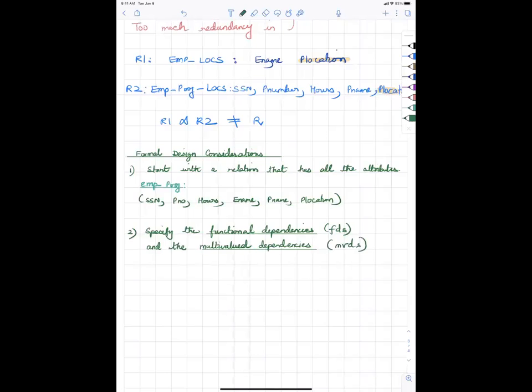So when you're doing system design and you talk to a client, you find all the attributes, but you also have to find out the real relationship between these attributes, a real world relationship. This can change from company to company. Maybe in your company the rule is that yes, an employee can only work on projects in his department, so it's really based on the company. So these functional dependencies and MVDs are based on real world